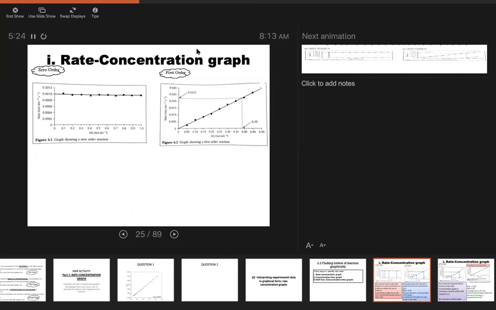So if you look at this, from 0 to 1 mole per dm cube, and then you look at the y-axis, it doesn't change. The rate stays constant. So that's how you identify zero order of reactant. In this case, the reactant that we use is still just a general reactant, reactant A. So the explanation for that,